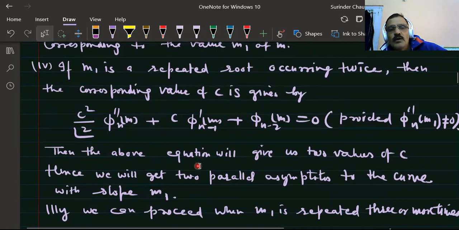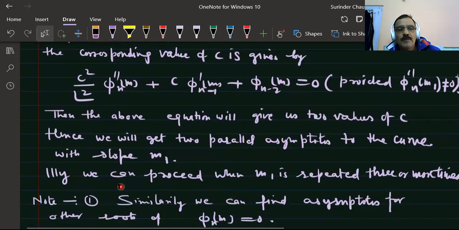Then the above equation will give us two values of c, and hence two parallel asymptotes. Similarly, we can proceed if m1 is repeated 3, 4 and more times. If it is 3 times, it will be the value for c cube upon 3 factorial,